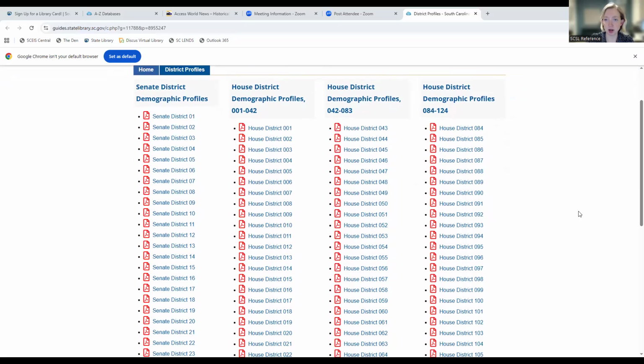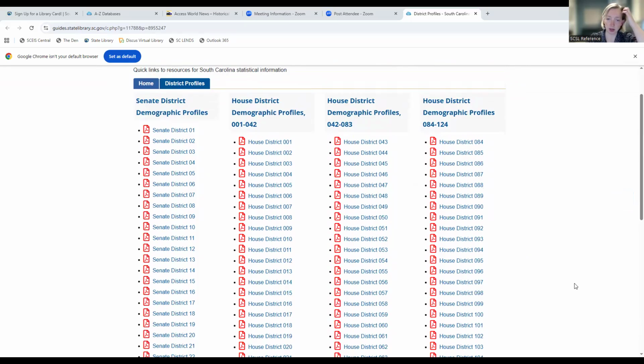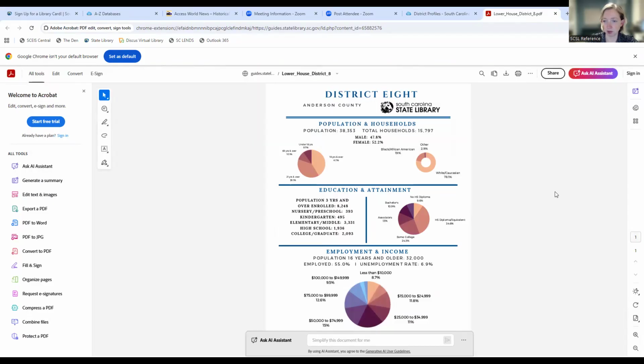So it's not super exciting to see listed like this, I'll be honest, but this is how we have them listed, so it didn't take a lot of space. But you can see that we have each district of the House and Senate, and we used census information to make a wonderful graphic that comes up. And our awesome graphic designer, Addie, she does this and it's great. I just give her the information and she comes back with these lovely graphs. So these are